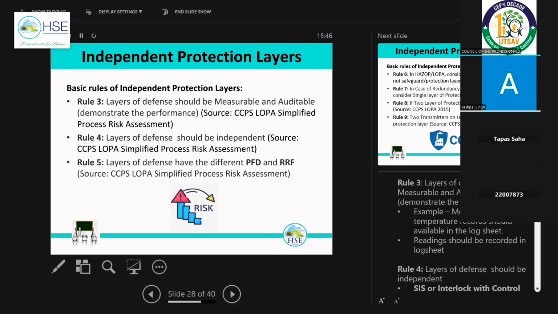We have discussed a lot of examples for independence. I think we discussed the alarm also, but again we take the control system also, because control systems are more reliable. So normally in case of severity 5, we require a minimum of 2 SIS. In case of a control system, suppose there is the same example, there is a feed of raw material, and because of some cause the temperature increases.